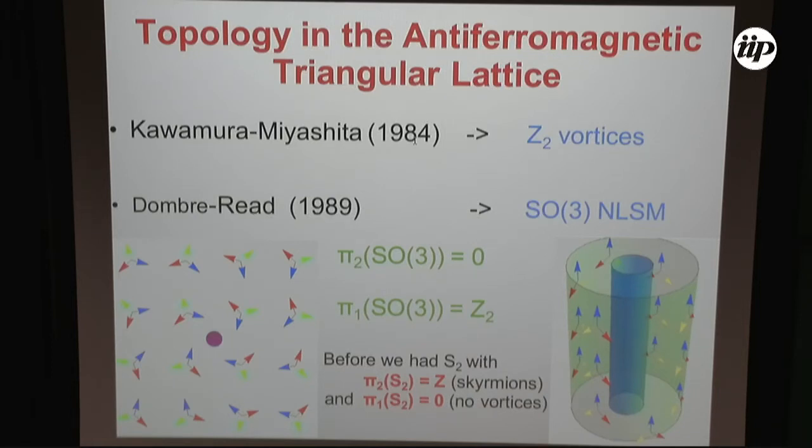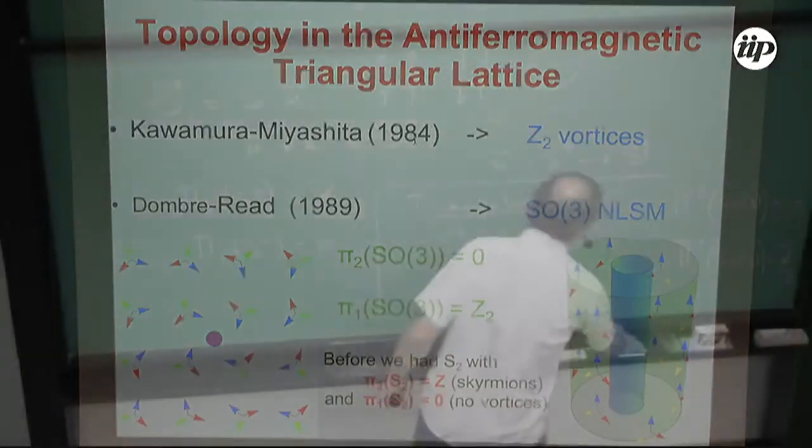But believe me, there are structures here of this SO3 parameter that have these defects, and these are two situations. So here, for example, you see in this case, which in fact turned out to be, according to these guys, the vortices that proliferate above the critical temperature. If you can define for each of these triangles a chirality variable, essentially the chirality variable that you use to characterize these guys